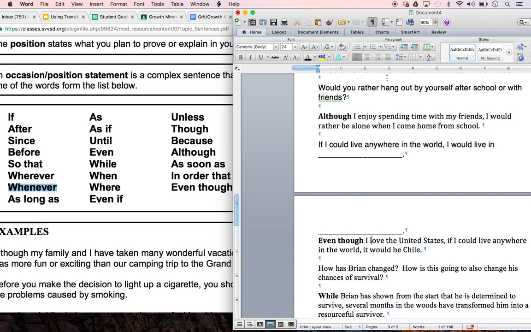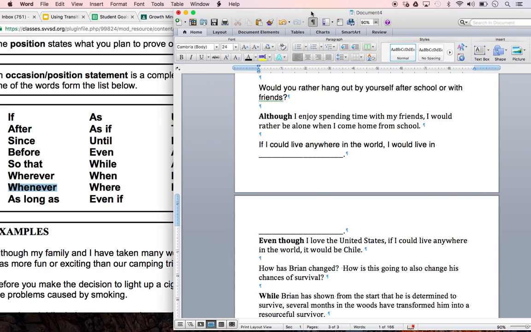So now I want you to go back to your paragraph that you wrote on writing goals. And then I want you to also go back to the paragraph that you wrote on having a growth mindset. And I want you to give them some occasion/position